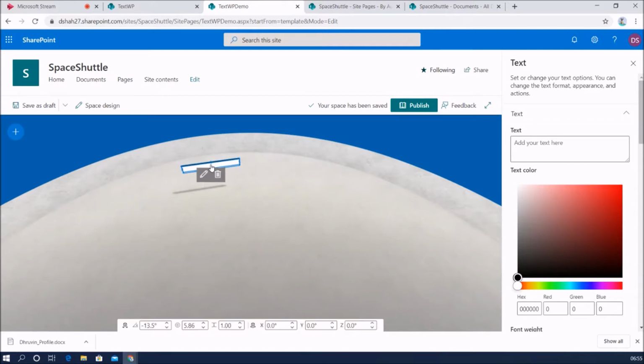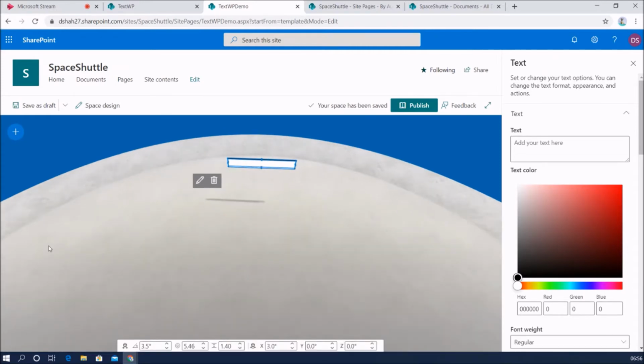Now, when we click on it, we can see different available options for positioning. The first option is angle. Using this angle option, you can change the angle of the web part. You can also use drag and drop for that. Second property is distance from user. How far you want to show this web part from the end user, you can choose using this option. Space height: you can increase or decrease the height from the plane using this option. X, Y and Z axis: you can change the X, Y and Z position using this property. So these are the web part positioning configuration properties.